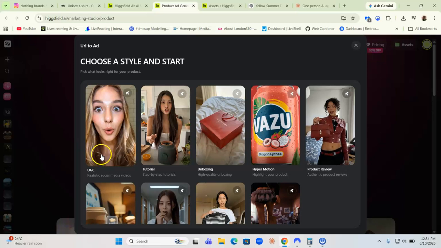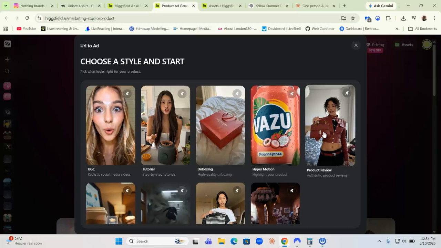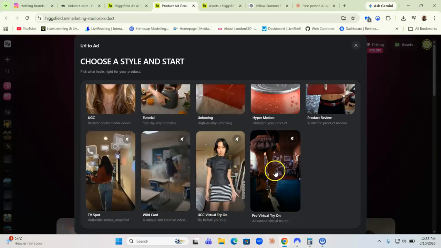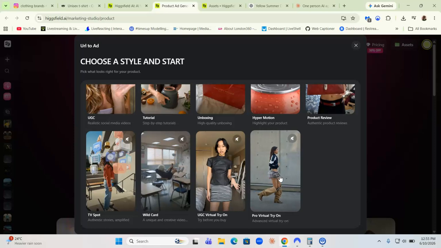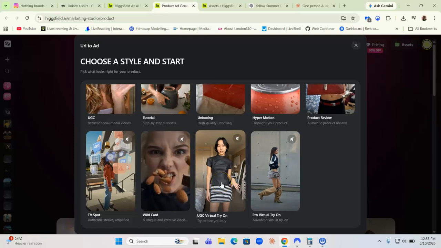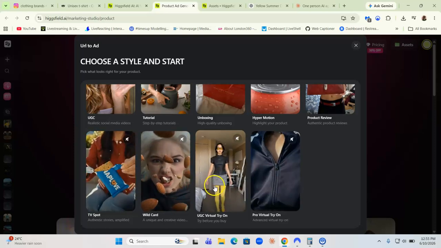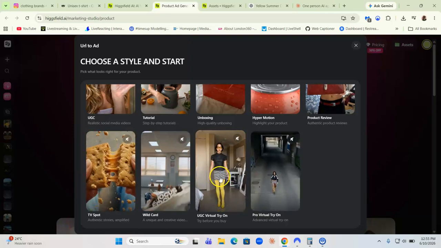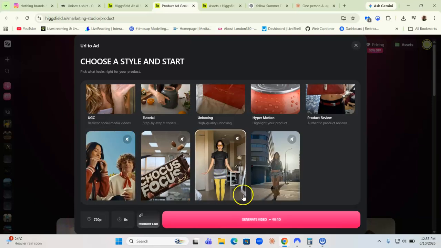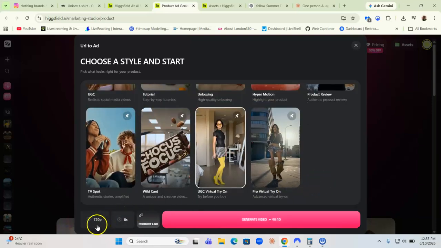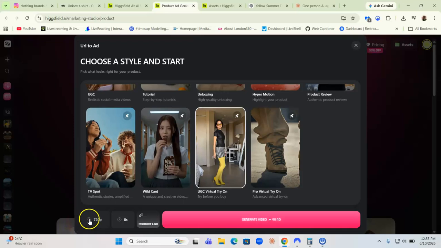So do you want to do a UGC, a realistic social media video, a tutorial, unboxing, hyper video, which is more like a commercial, a product review, or a virtual try-on? A virtual try-on is a more professional one. Let me see here. I think we're going to do a virtual try-on. So if I click on this format, and then I can choose, let's do